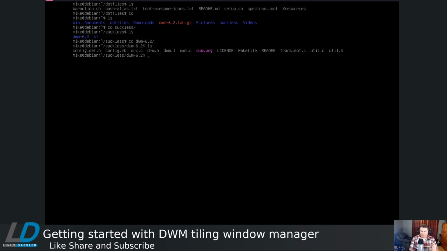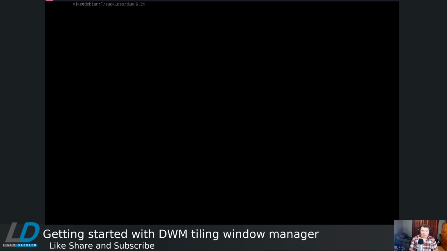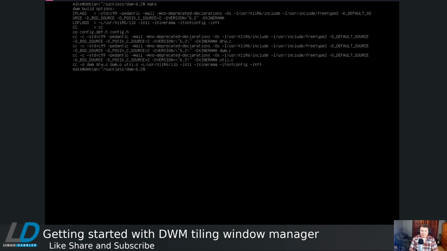So the things that you have to install on Debian to get dwm compiled, you're going to need to do sudo apt install libxft-dev, libxinerama-dev, and libx11-dev. And I've actually already got those installed, but those are the three libraries you're going to need to have installed when you compile dwm. So if I clear the screen and I just run make,